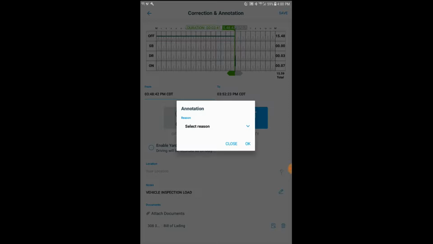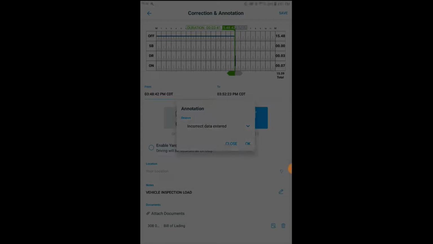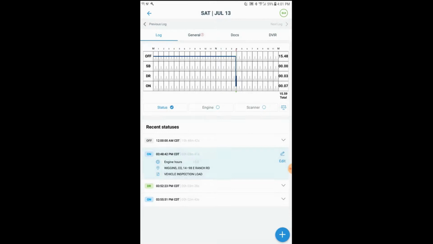And it wants a reason why I went in and edited it. So you can do this too. And I'm just going to put incorrect status, incorrect data, because I forgot to put my bill of lading in there. So I click that, click OK, and now I can go back, and now you see right here, now it's got that bill of lading attached to 348 when I picked up the load. Okay, so now what I'm going to do is I'm going to go up here to the top left where this blue arrow is. I'm going to go back,